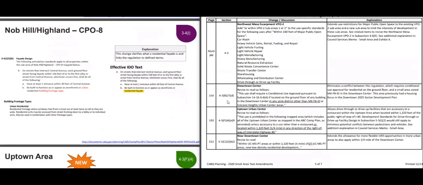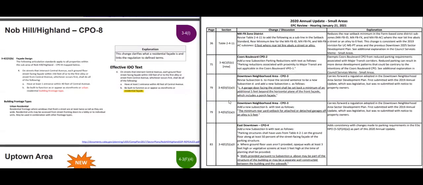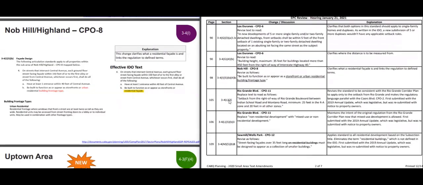This next change is to the Nob Hill Highland CPO 8. This falls on page 98 of the IDO, and it's subsection 34I5B4B. And the text would be revised as follows: be built to function or appear as a storefront or urban residential building frontage type. So this is a regulation shown over here that's about facade design. And what the change does is it clarifies what a residential facade is, and it links the regulation to a